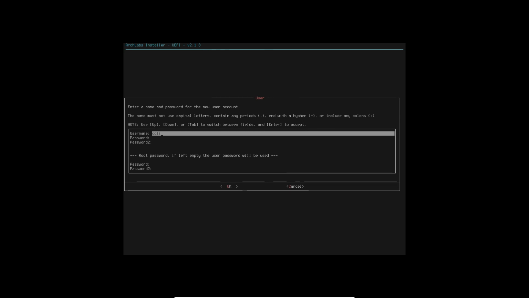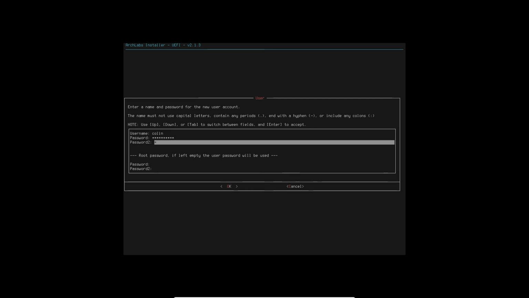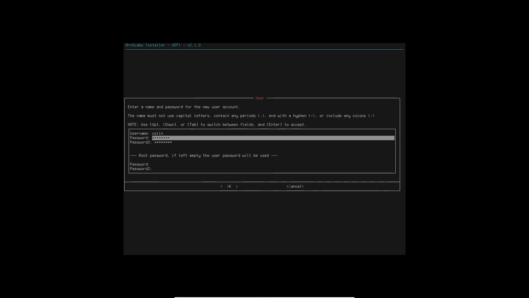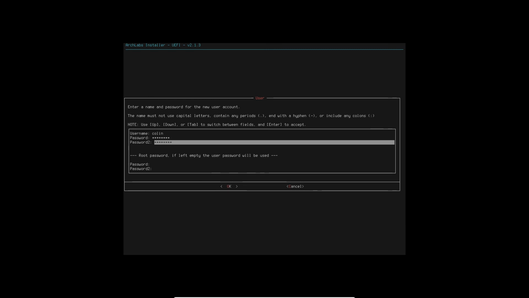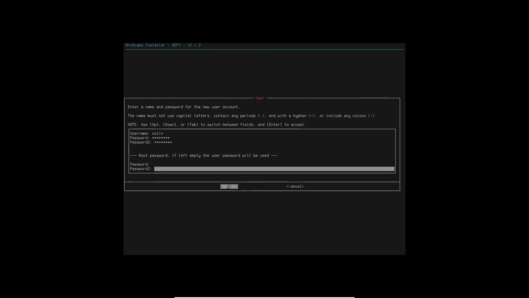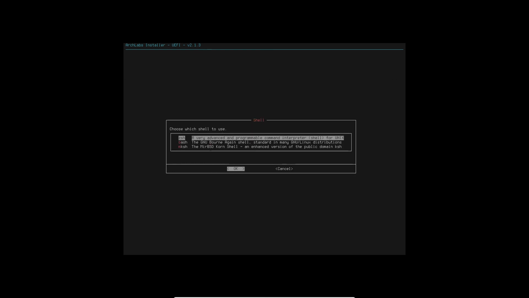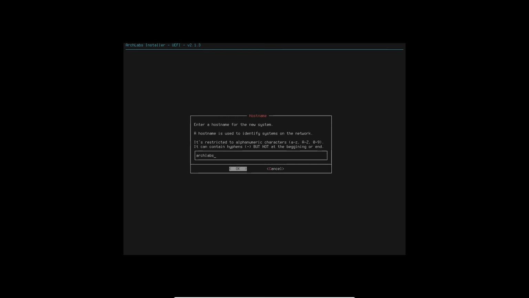Username, tab, password, and tab, and let's try that one again. I don't know what I did wrong there. Tab, tab, tab, okay. System configuration, use bash, archlabs-vbox